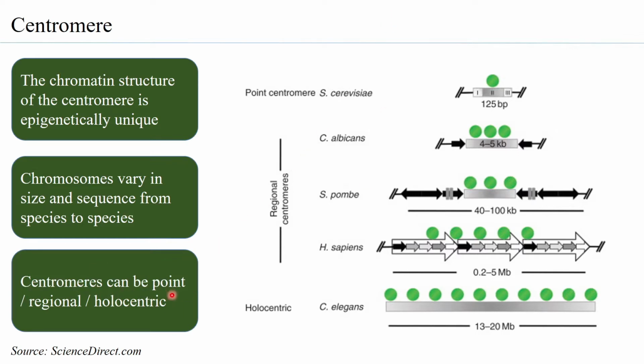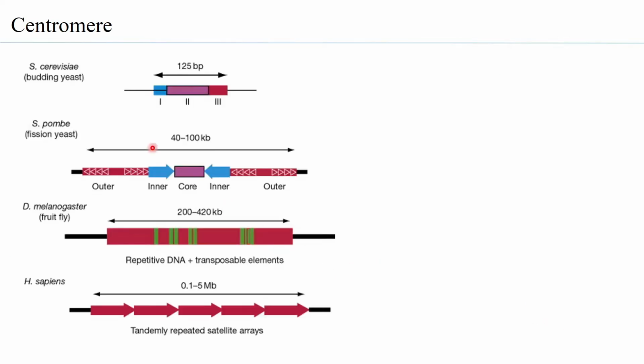So as mentioned, centromeres can be point centromeres, regional centromeres, or holocentric centromeres, depending on how much of the DNA is actually comprising the centromeric region. So we get back to this to go a little into detail of the cent fragment itself. The cent fragment is the DNA part that forms the centromere, or the DNA part where the centromere chromatin is formed, or the kinetochore is formed. Because we all know that centromeres are the positions where the kinetochore assembles.